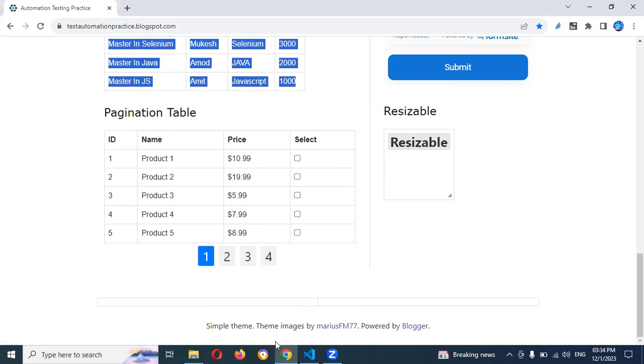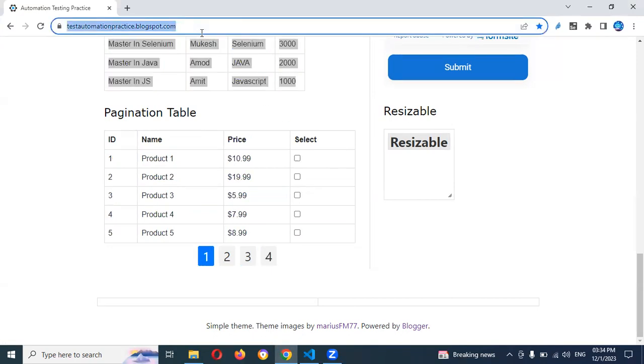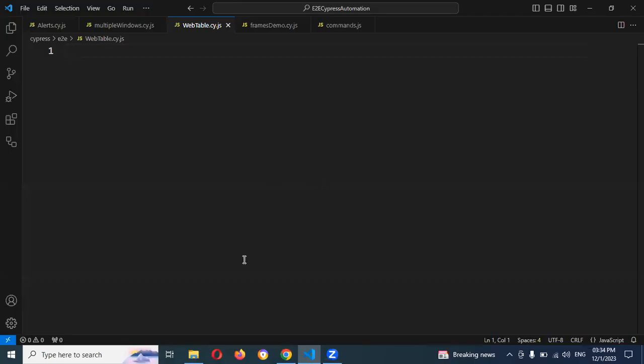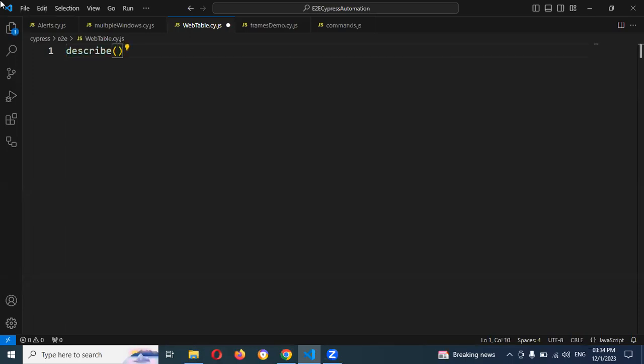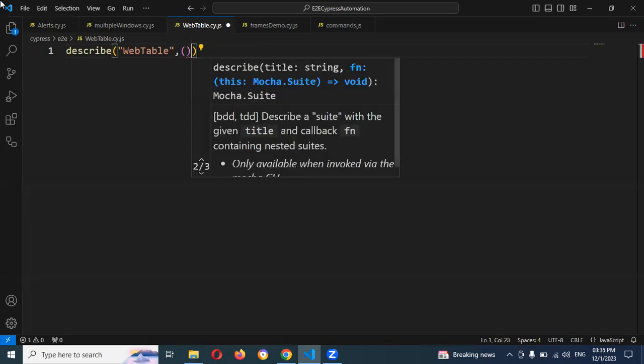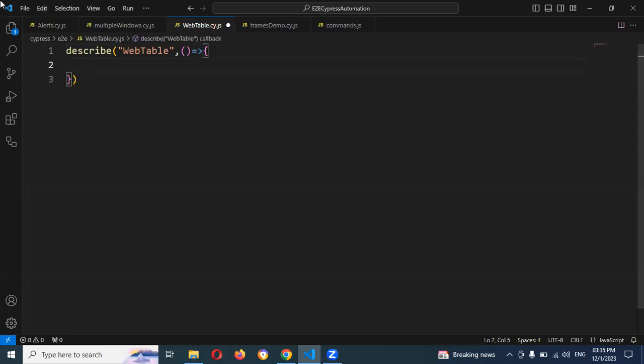For this, first we need to create the suite. I'll copy the URL. We'll see different approaches. First, a describe block, and inside the describe block I'm going to name it web table. Then my suite, comma, function equals arrow. Now the it block, and in that it block I'm going to check first, verifying